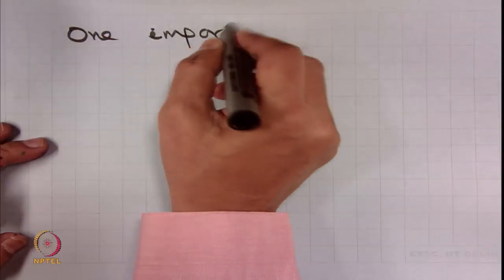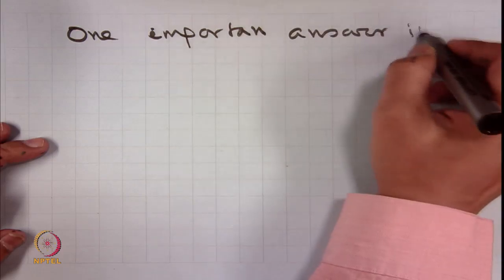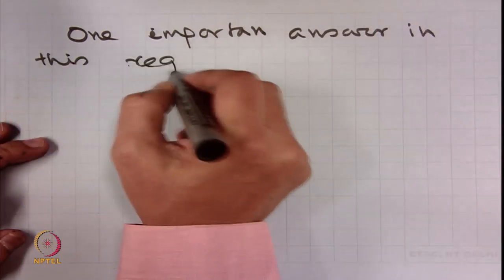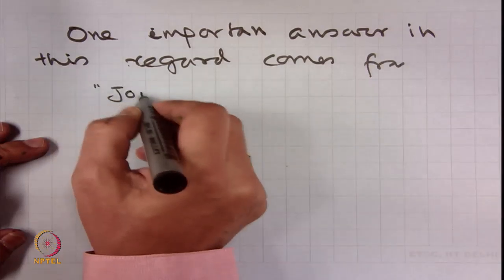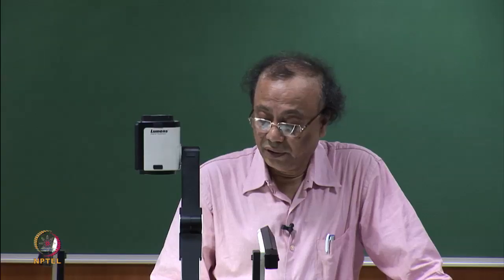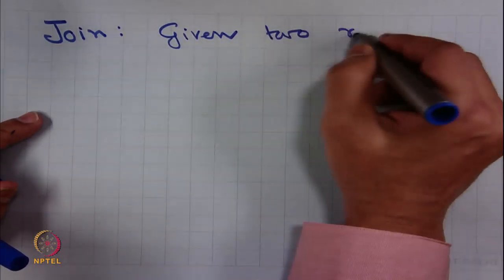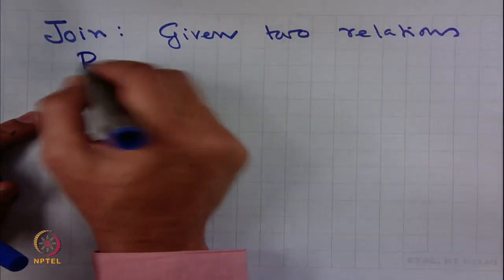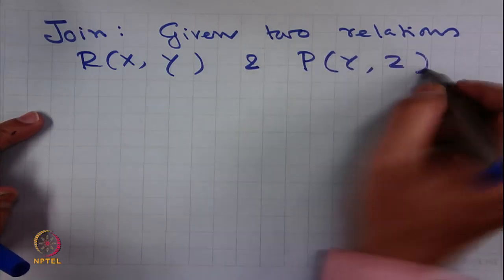One important answer in this regard comes from join operation. So, now I explain join operation. Given two relations R x y and P y z, the join operation